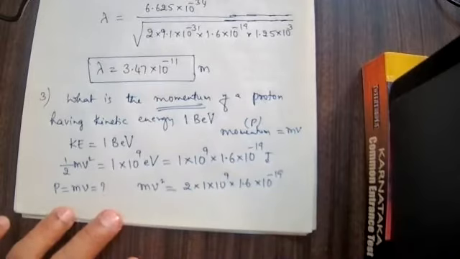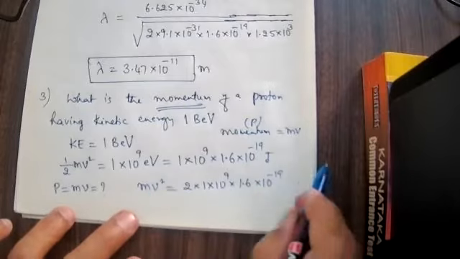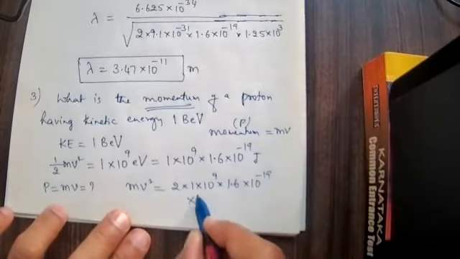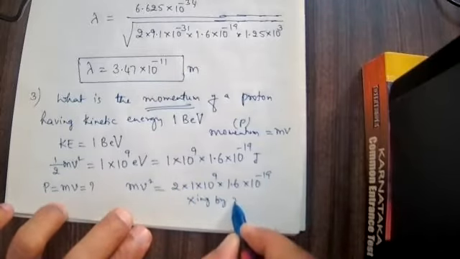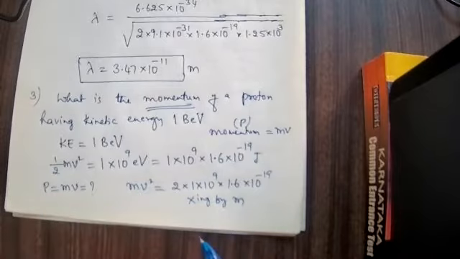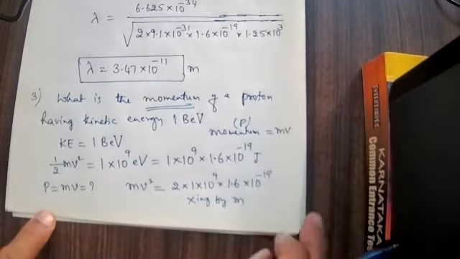Now I want to calculate mv here. If I want to calculate here, multiply by m on both the sides, this side and this side. Multiplying by m on both the sides, otherwise mv only we require. Otherwise, it will become double work. Okay, hoping that you have understood.